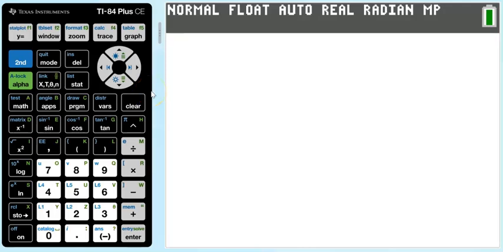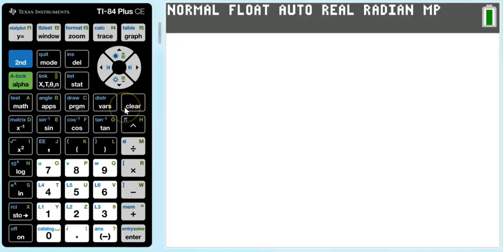Hi everyone! In this video, we will create and interpret histograms using a TI-84 calculator. A statistician is looking at the number of hits that a baseball player has in each of the past 15 games. Use a calculator to create a histogram of the data to determine the number of games in which the player had 2 hits. The first thing we need to do is enter the data from the table into a